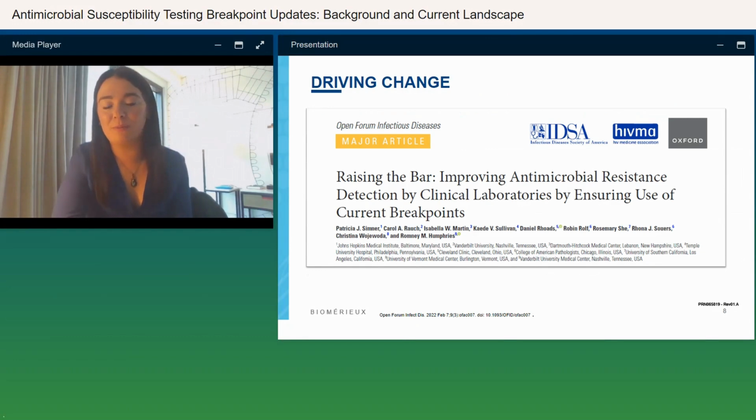And there's a wonderful publication that came out that really drove this point home. This was published in Open Forum Infectious Diseases in 2022 and was led by Drs. Patricia Simner and Romney Humphreys and a fabulous team of individuals within regulatory agencies, infectious diseases, and medical microbiology. It's really a wonderful paper if you haven't had the chance to look at it. And this paper really encouraged, I think, a lot of us to move towards action on this breakpoints